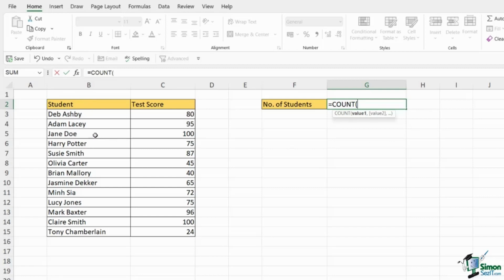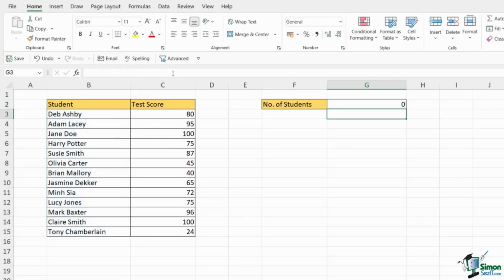So I'm going to go across to my little table. I'm going to select all of the student names, so that I have my range B3 to B15. I'm going to close off my bracket and hit enter. I get a result of 0. Now why is that? Well, it's down to that very important part of instructional text. The count function will count numbers in a list. Because I selected these student names, which are effectively text for my formula,